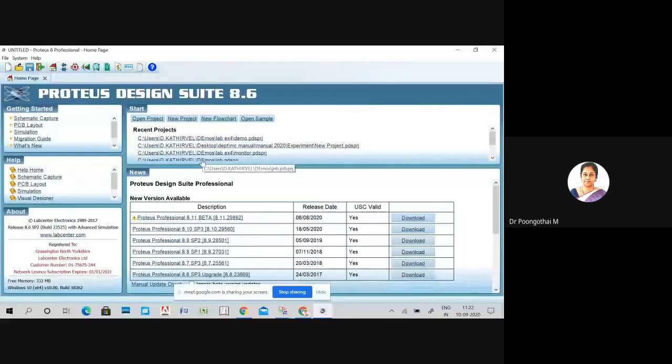So here, three steps are mainly involved. First, you have to write your code in the form of either assembly or embedded C in your IDE, the MCU 8051 IDE, and generate the hex code of your program or application in the simulator. Then you have to attach that hex code into the design of Proteus.